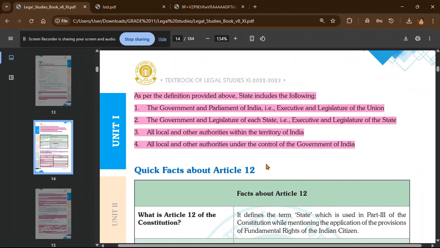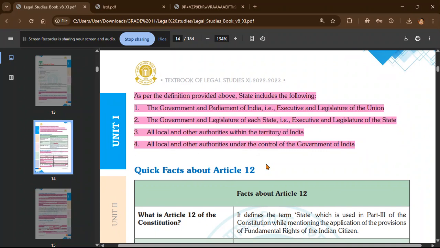Normally, when you have to pass a money bill, it first goes through your Lok Sabha, then through your Rajya Sabha. Okay. Just giving you a brief. We will see this later in chapter 2. Okay. So now we get to see. So this is about the first point.